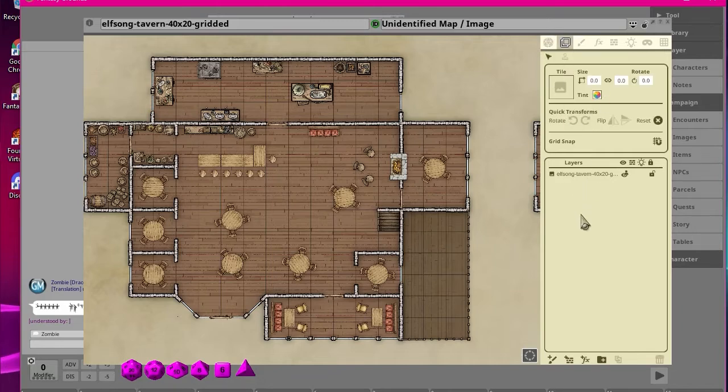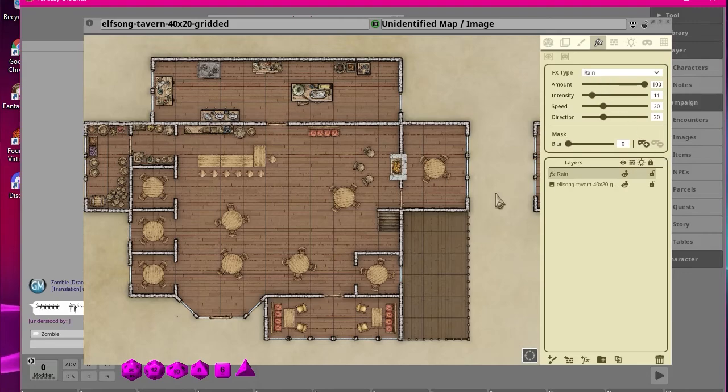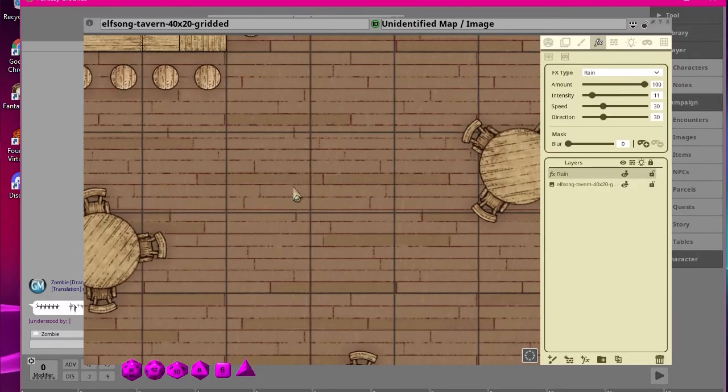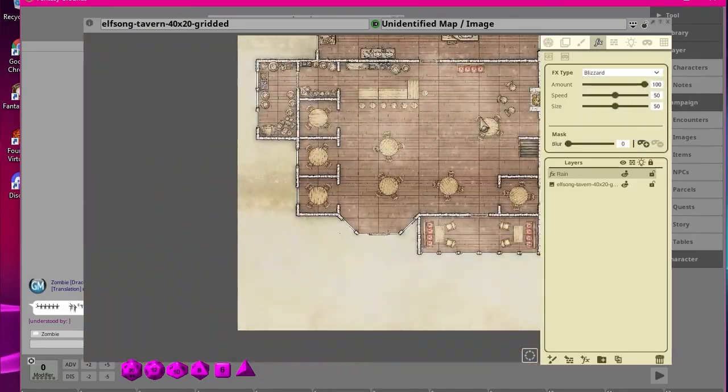We have the layers for all the different things. We can have tiles. We can add walls and all that fun stuff. We can paint on it. We can add effects to it, such as we can make it so it's raining. I don't know if you can kind of see it maybe. I'm not sure how good YouTube's going to show that. Blizzard will probably show pretty well. So we can have this nice blizzard going on